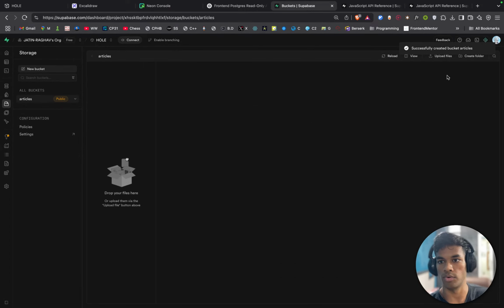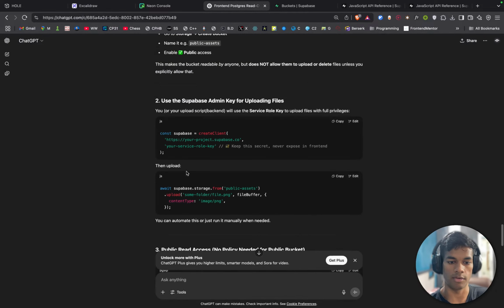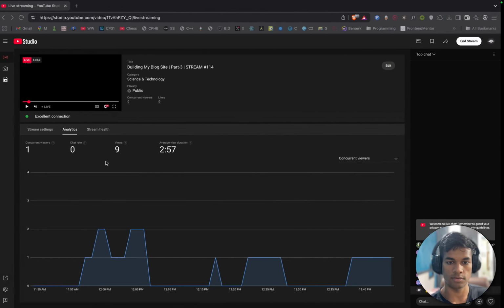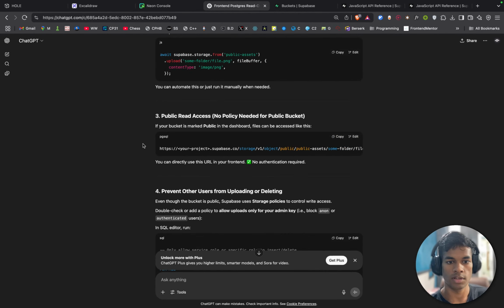I can upload files directly or using JavaScript. I will be using JavaScript. Public read access. Files can be accessed like this. Oh, you can directly use this URL in your front end, no authentication required.